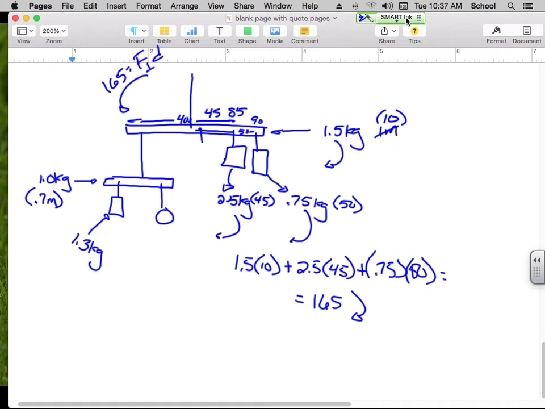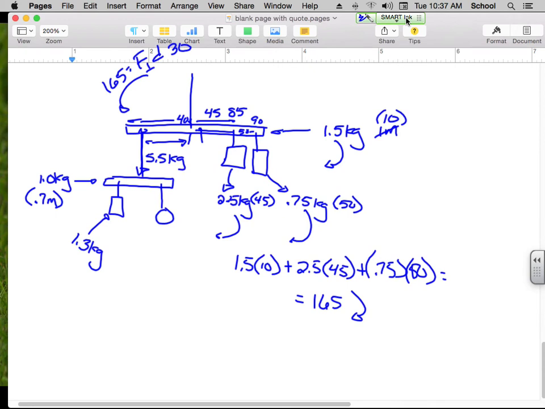times the distance, and the force and distance are perpendicular here. So let's say this is right at 10. That means the total distance from here to here must be 30. So if the D here is 30, then the F must be 5.5. So the total pulling down on this string must be 5.5